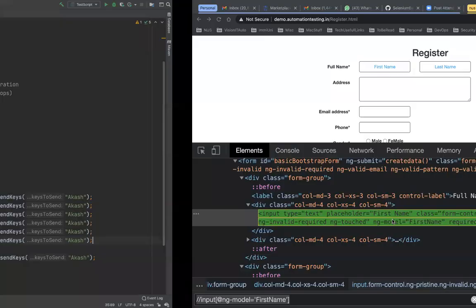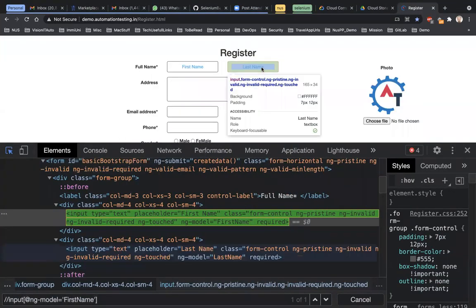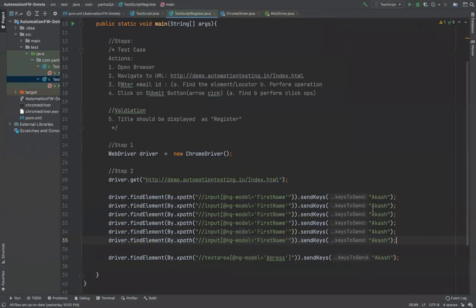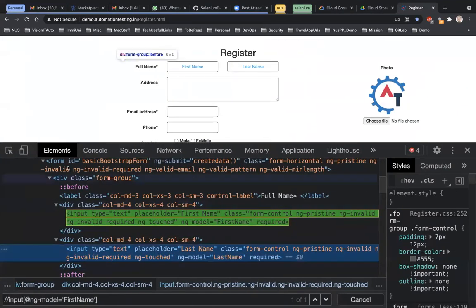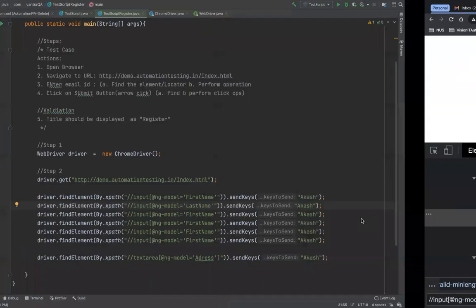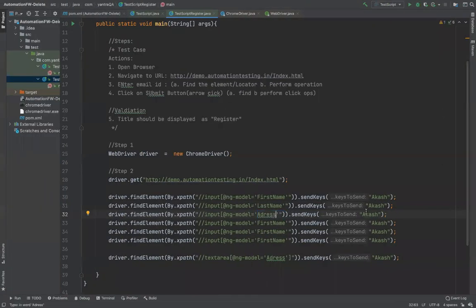So ng model for first name is then this is my last name, so I'll just copy it here, and make sure you always copy paste. Don't try to type it out, because when you type it out, you always make mistakes and things will stop working. So better copy and paste. Then for address, we already have it, so I'll just put it here, address. I'll change the value also.